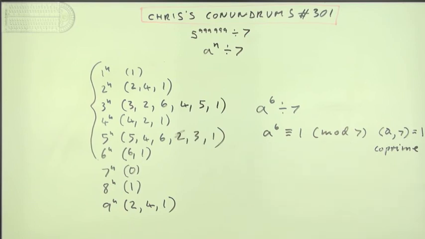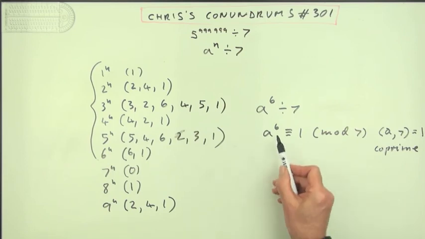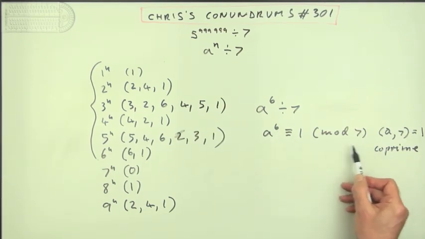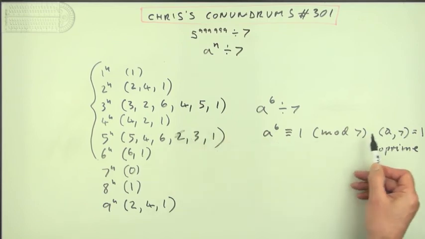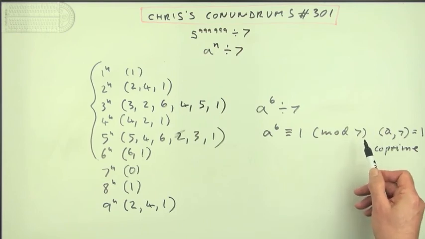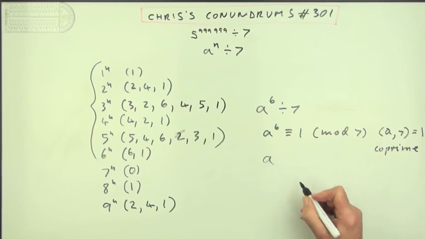So long as a and 7 are co-prime, there's one rule that pops out of this. Notice that 6 is 1 less than 7. And that's how Fermat, probably, because if they tried just some other combinations, like a different modulus, trying 8s and 7s and 9s and so on, would have arrived at, well, a to